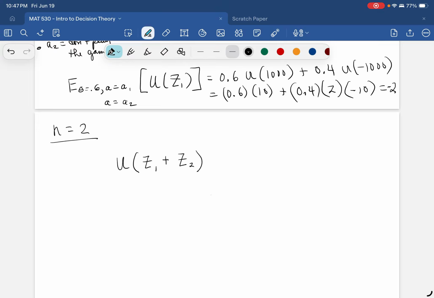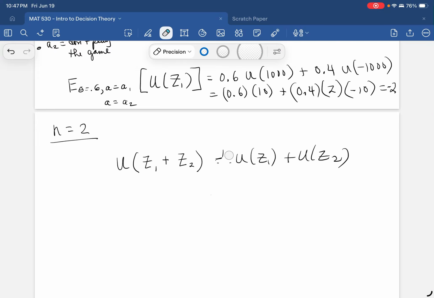And since this utility function is not linear, we can't do u of z1 plus u of z2. Right? That is not true. So that complicates things a little bit,